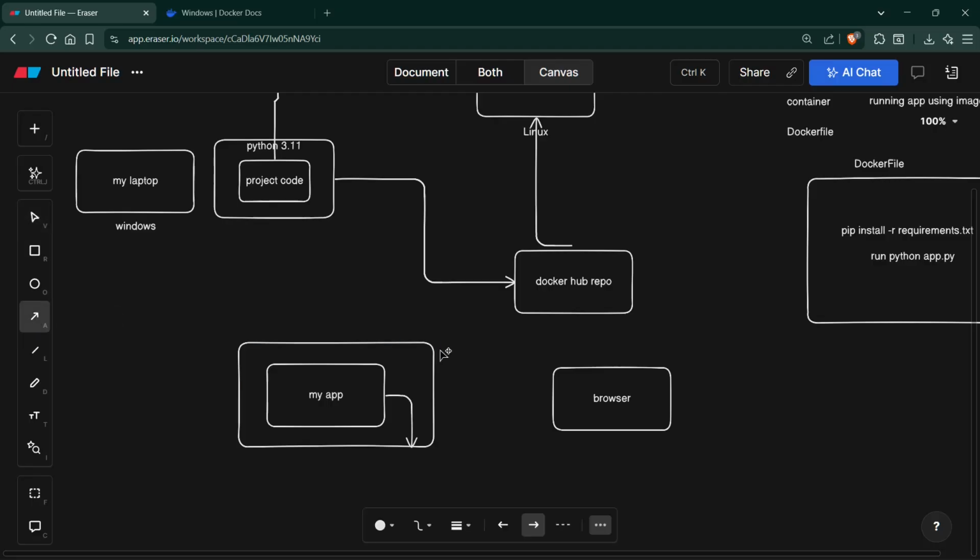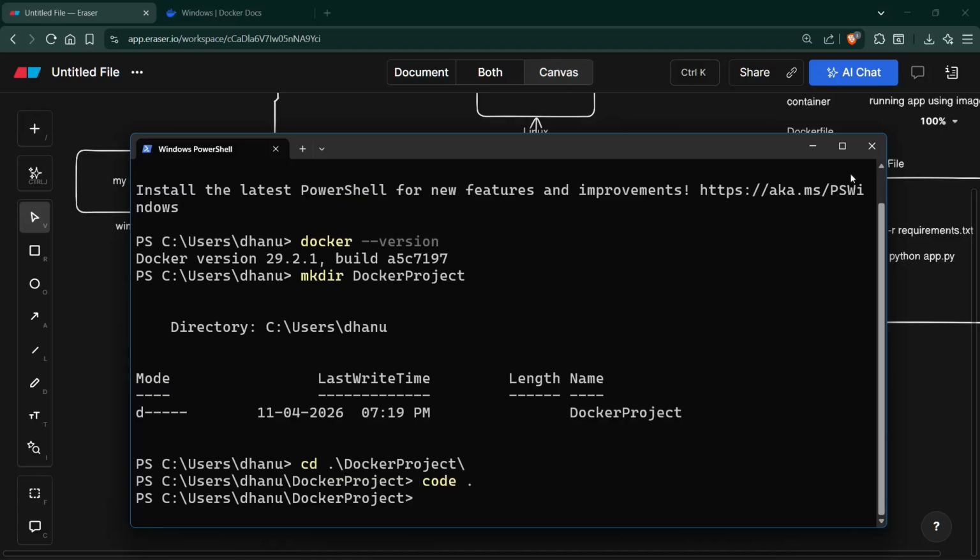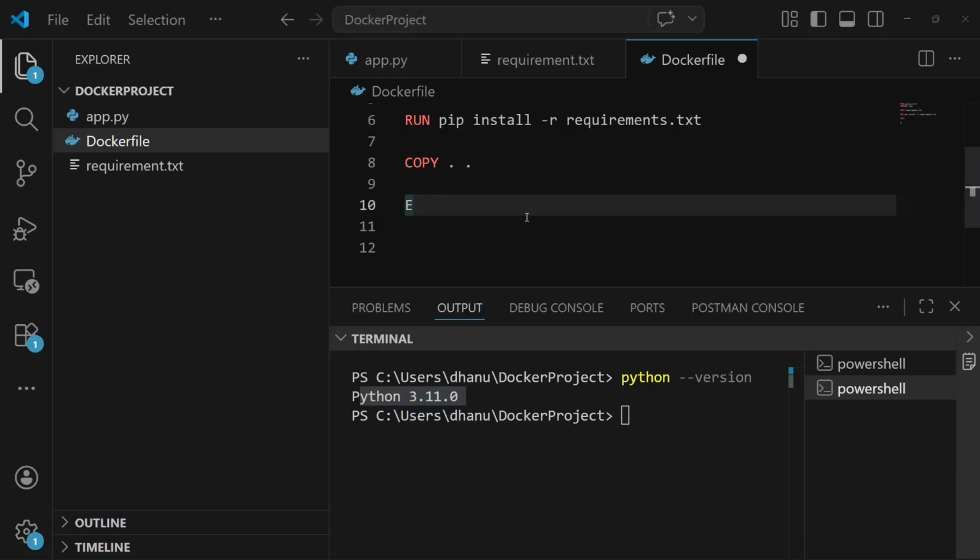So that's why we use the expose command, so that Docker will open one port so that my browser can get connected. So this is how it works. So expose 5000. This is the port number which will be exposed.